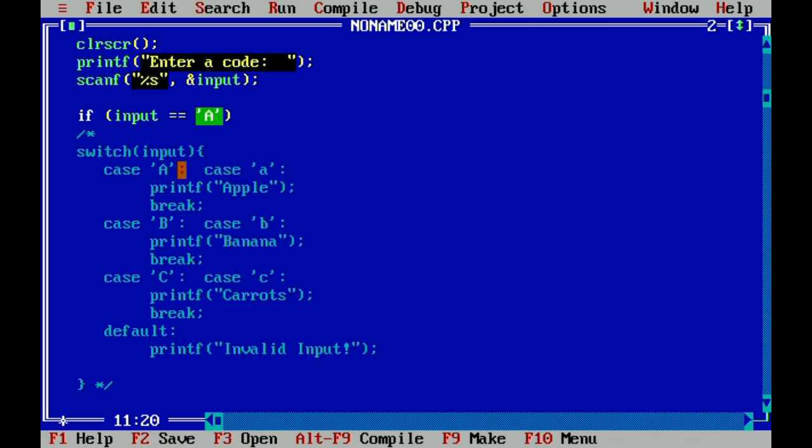You are actually comparing input if it is equal to case A, and at the same time comparing input if it is equal to small letter A. If you want to create a condition which involves comparing input to capital letter A and small letter A, you can simply write this statement as the argument for your condition in your if.